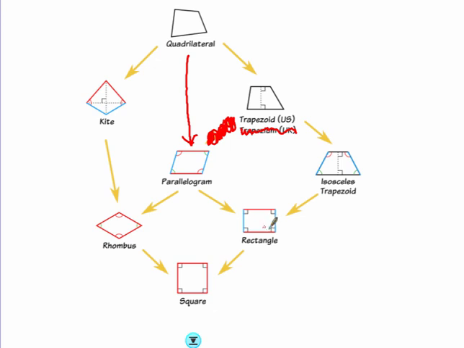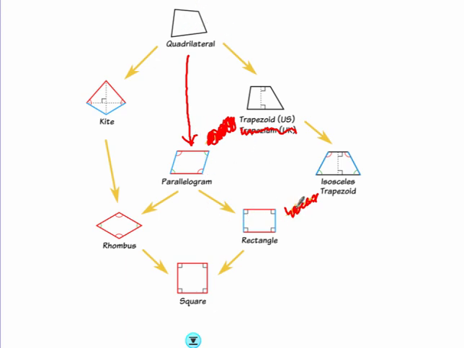And then if I take a rhombus and a rectangle and I take all of their properties and put them together, I get a square. All right? So if I notice that, a square, we can say is also a rhombus, it's also a rectangle, it's also a parallelogram, and it is actually also a kite, and it's also a quadrilateral. Now I'm deleting these lines